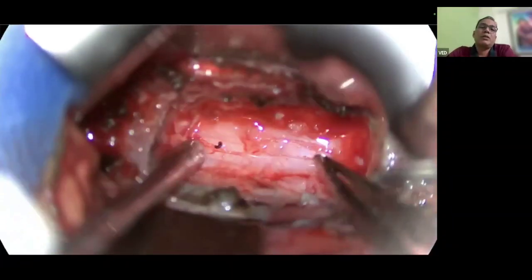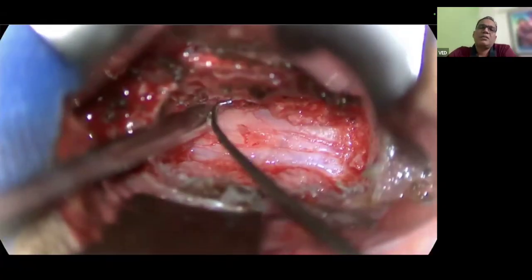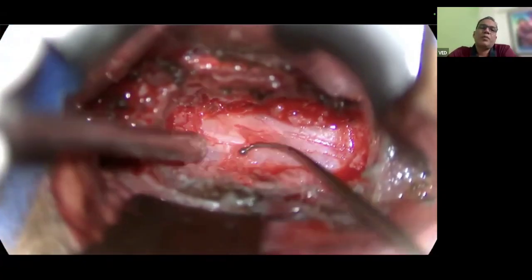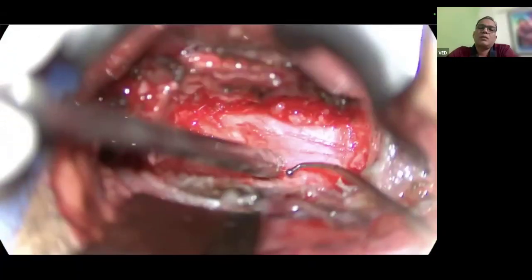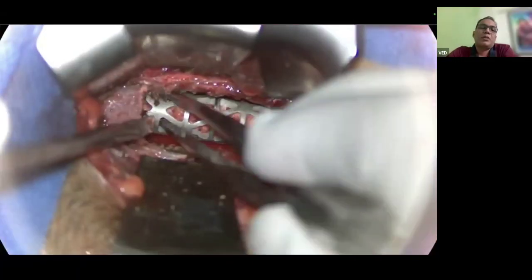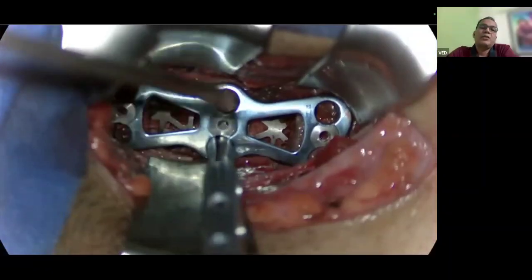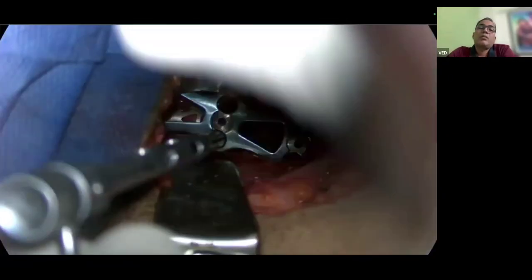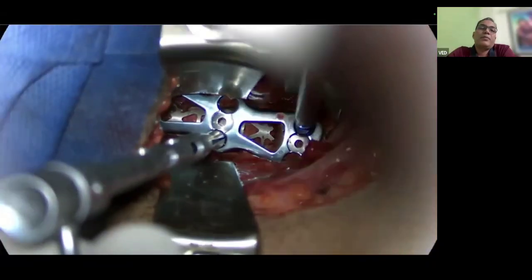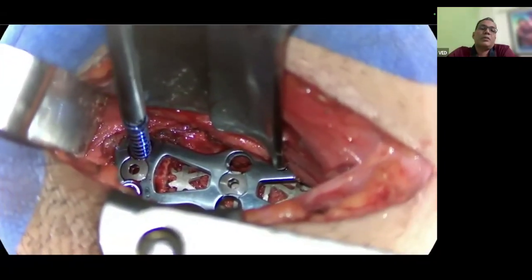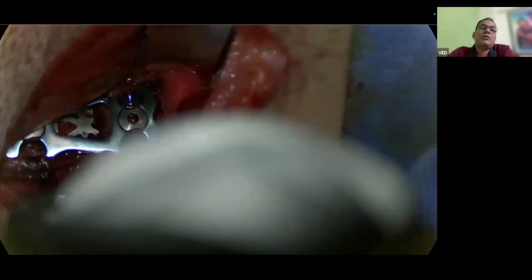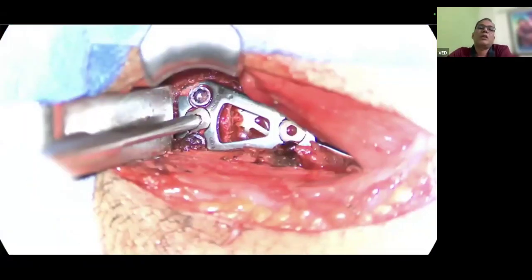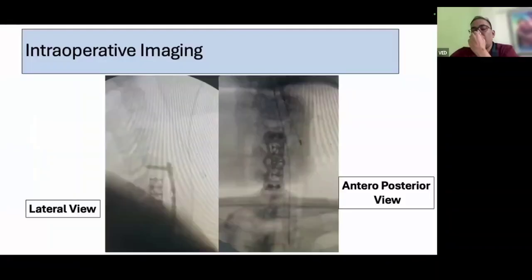Here we are coagulating the epidural venous channels, and checking the completeness of the decompression using a ball probe, to see if any bony spur is remaining. Now the placement of the cage after adequate measurement, and anterior cervical plate with screw insertion. As we can see, the direction of the screw is caudal and convergent. Now there is a locking, so we have put in the anti-screw locker.